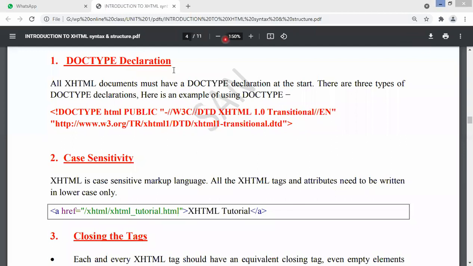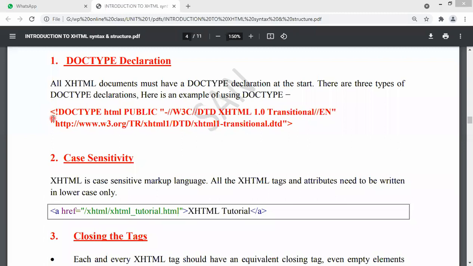When we are using XHTML, remember this is the header we add at the first line. In HTML, we first type doctype html and close the tag here, but that is not the case in XHTML. So this is the first header which has to be included when we are creating an XHTML file. So what does it indicate?